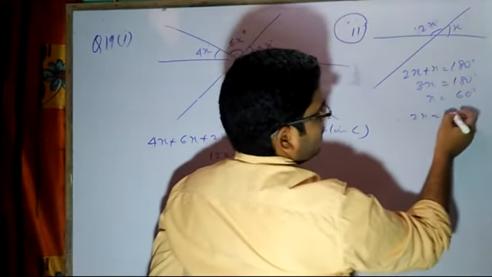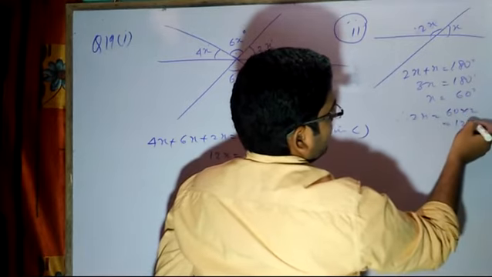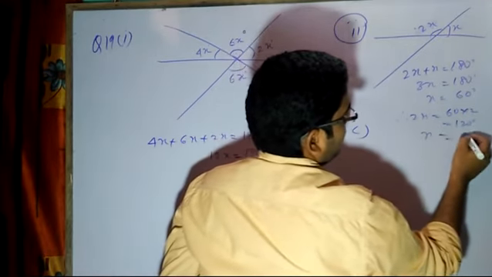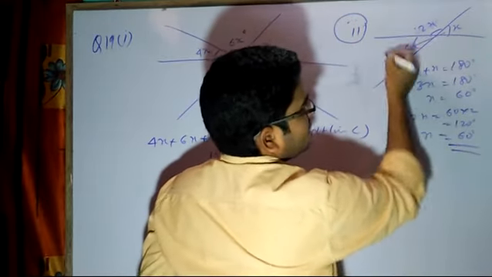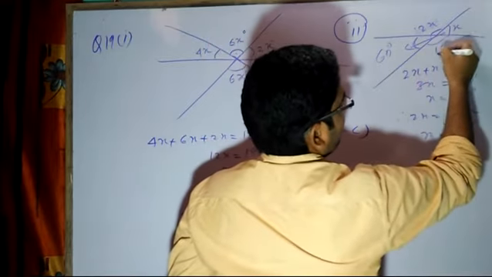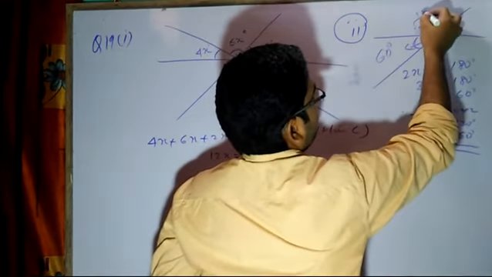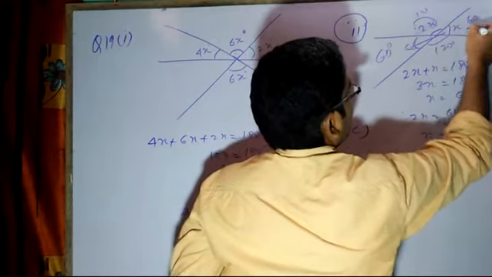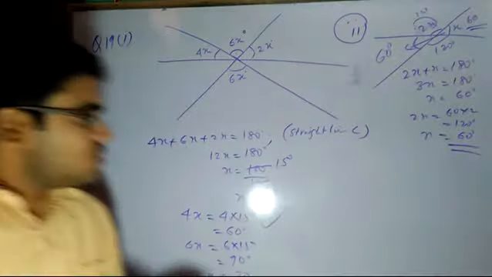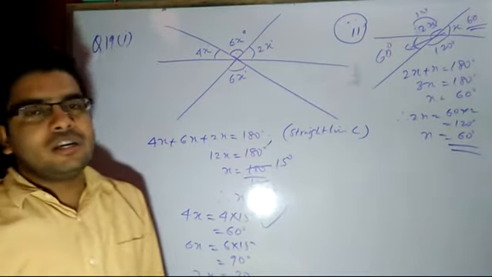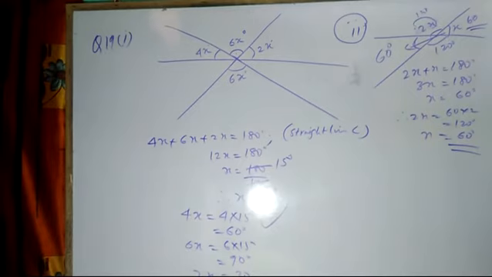Therefore 2x is equal to 60 into 2, which is 120 degrees, and x, as you already found, is 60 degrees. If they ask you the value of this angle, it is a vertically opposite angle, so it will also be 60, and this will be 120 degrees. In this way you calculate the values of x and 2x, and then the vertically opposite angles and linear pair. I have gone through all the numerical problems of this exercise, and I found that there is not much difficulty in them.